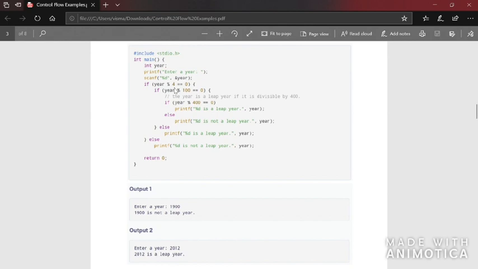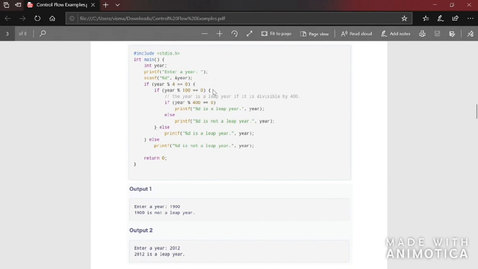So it will go to the next if condition. So again 2012 divided by 100, that is not true. So what happens is it will come to the else part of this if. So the closing bracket of this one is this one. The nearest closing bracket will be the pair. If you would like to find a pair of this opening bracket, what you have to do is find the nearest closing bracket. So this one's closing bracket is this one.